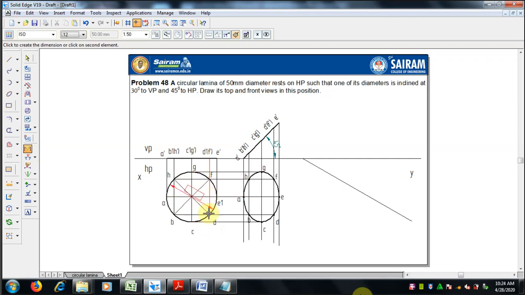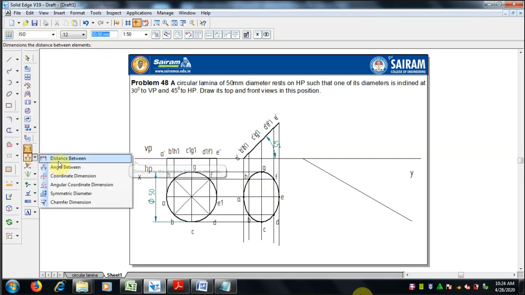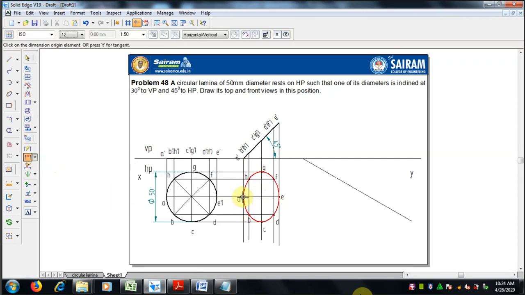Okay, that 50 mm we have to make an arc in the inclination line. So first it is measured as 50, and after inclination what is the dimension? These two dimensions are needed. So the distance between the diameter points, that is A and E, now after inclination this is needed. So 35.36, these two values we need.